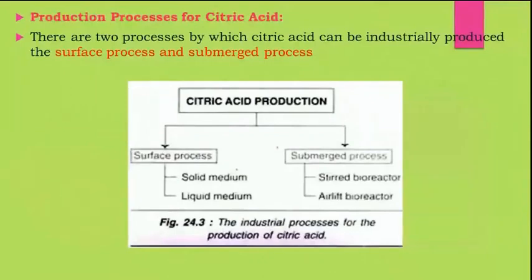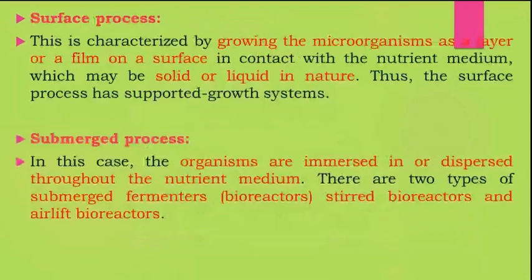But in submerged, it will be present along with your liquid media, suspended in it, and the microorganism does not require any surface to hold on to. So it will be in the solution itself. So that's why in most cases we use stirred tank, airlift, bubble column reactor, or else packed bed reactor, we had only these types of